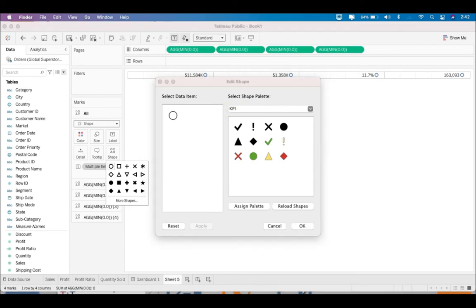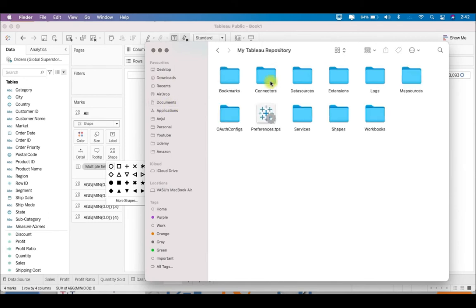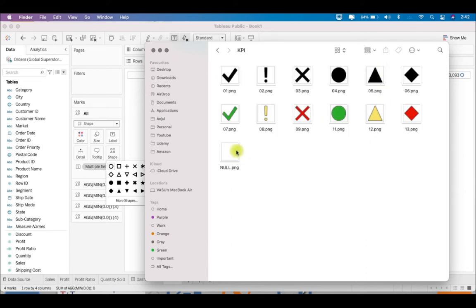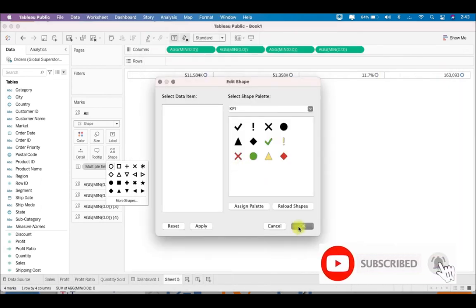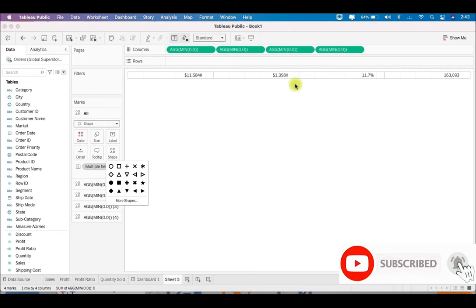In that KPI folder I have placed a transparent 1x1 image. I'll also paste this in the download section, in the description of this video, so you can download this image. I'll be utilizing this image over here. Just select this, click OK, so that this shape is replaced by the transparent image.